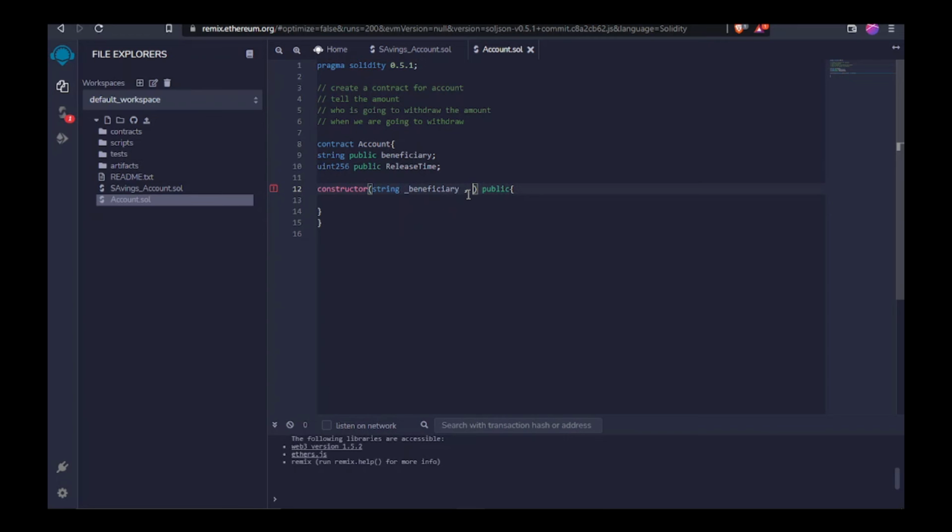If we want to define a local variable, we give an underscore in front of that variable. The other variable will also have an underscore. Alright, uint release time, and I've selected release time, but I need to give an underscore before that, right? _releaseTime. Alright, we'll make it public,